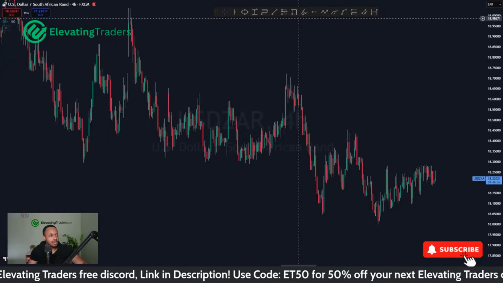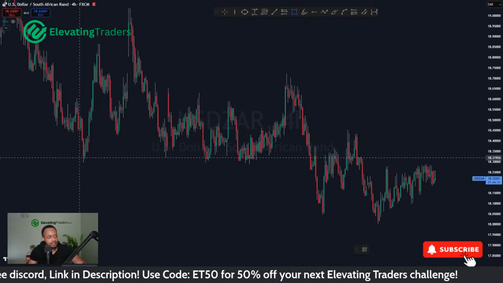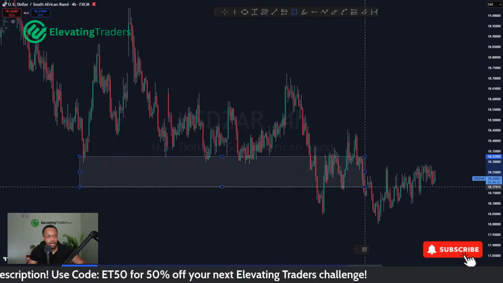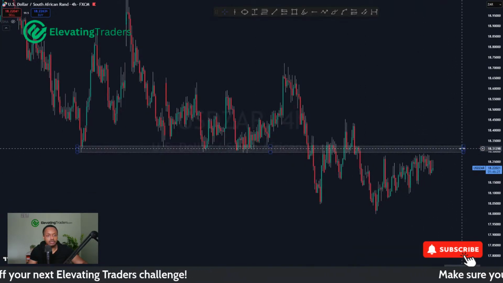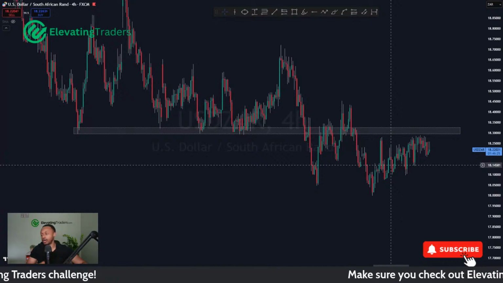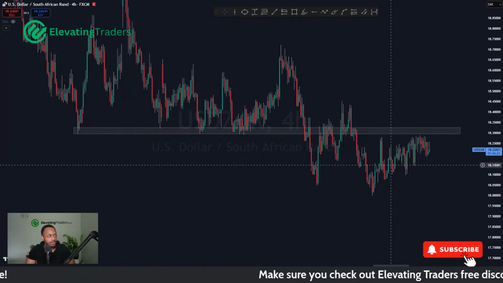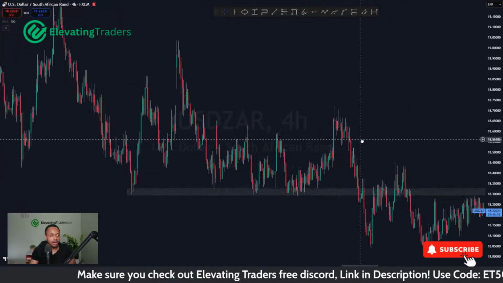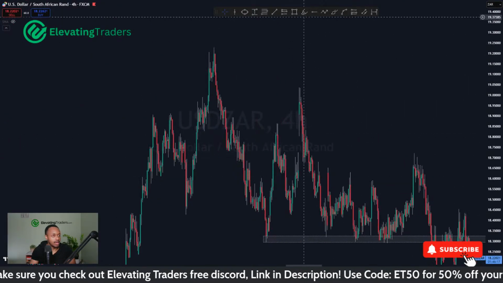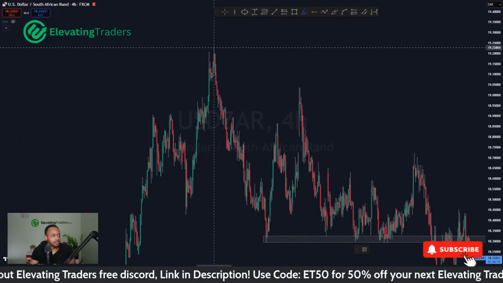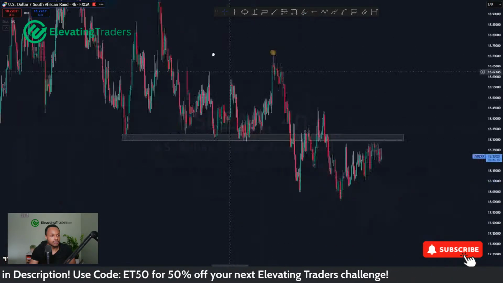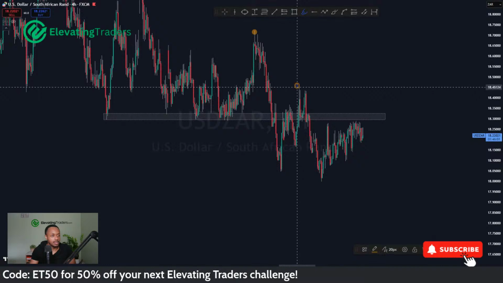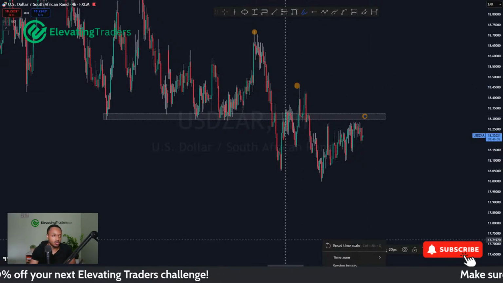But yeah, USDR, I'm still looking for shorts off this level here, which is 18.3 roughly. Just above 18.3. That's still my area of interest for USDR. The way I see it, price has been pretty consistent with these lower highs. We've got one over there, second, third, fourth, and potentially a fifth is brewing up as well.